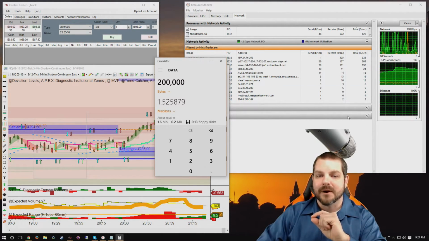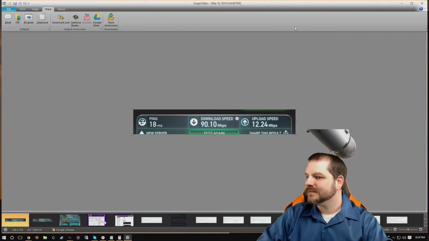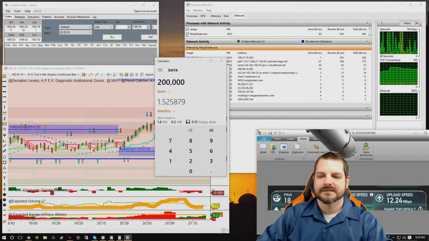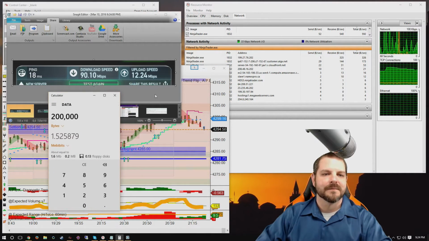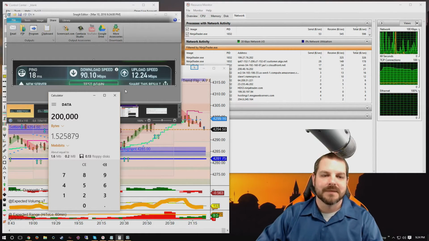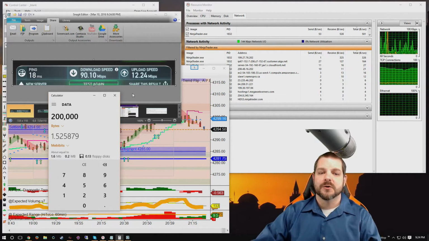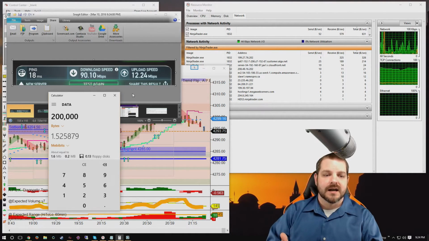Now, if you remember, and I'll bring this back over here. Can I make this smaller? Here we go. Put this over here. If you remember, my download speed was 90.10 megabits per second. My max download from the data provider was 1.52 megabits per second. So this little test shows that for whatever reason, the data provider is throttling how quickly